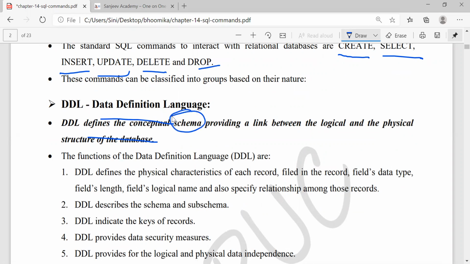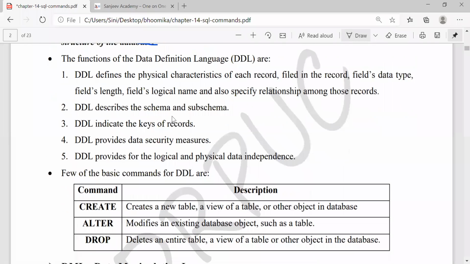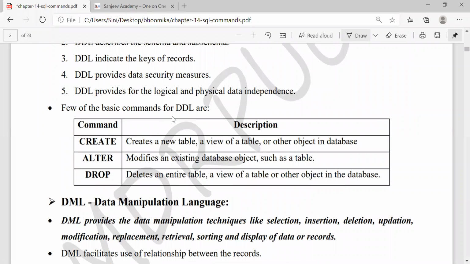Schema is nothing but our table itself. No need to worry. In DDL, the most important commands are create, alter, drop. They can ask this in the examination. Alter means change. Drop, as I told you, means entirely deleting the table.